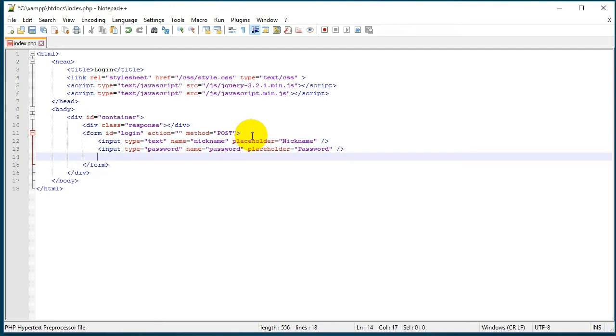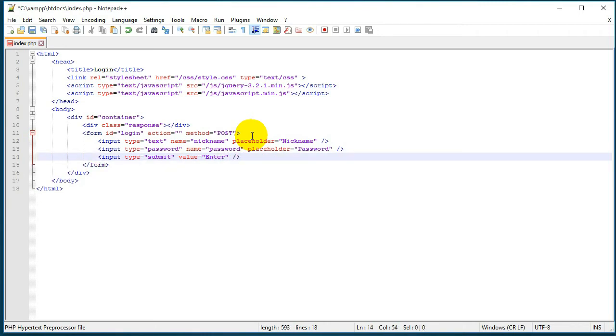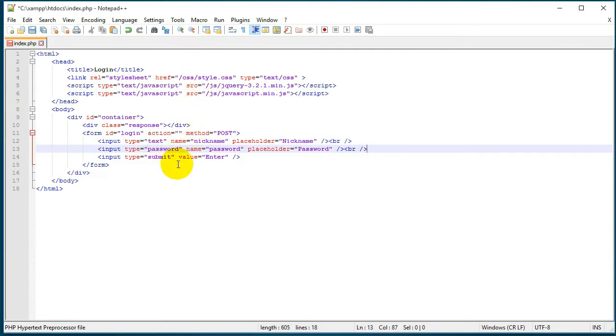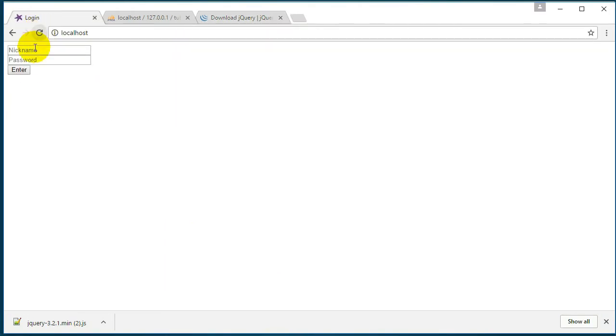And then we have our enter button, submit, value, enter. Alright, let's save this file and let's go ahead and check it. Yeah, we have our form here,